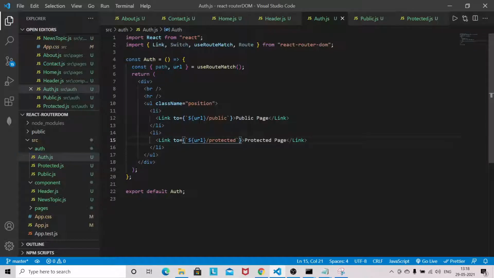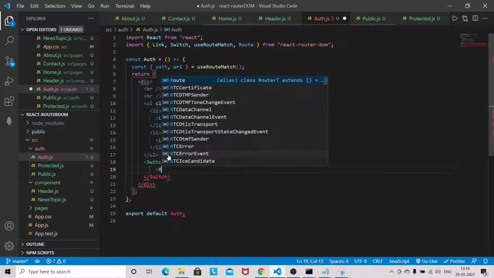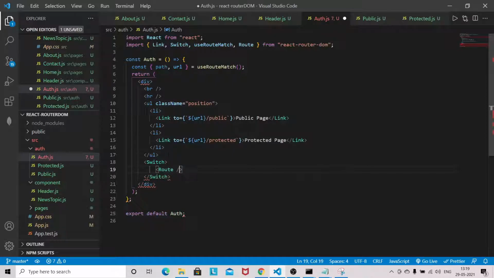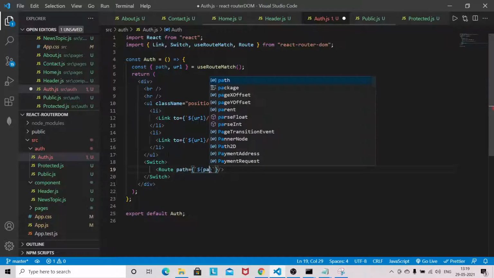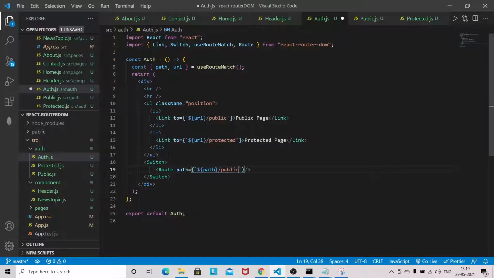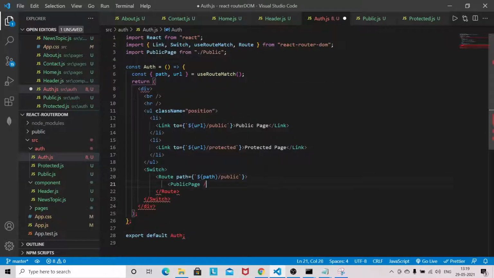Now come to auth.js. After the UL we need a Switch, and we have to provide the Route. The path will be path plus public, and inside public it will not be a self-closing tag, and the component is the public page we just created.